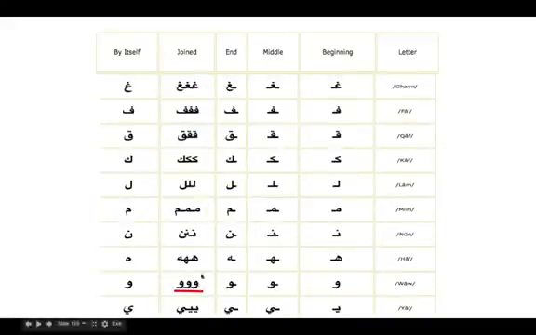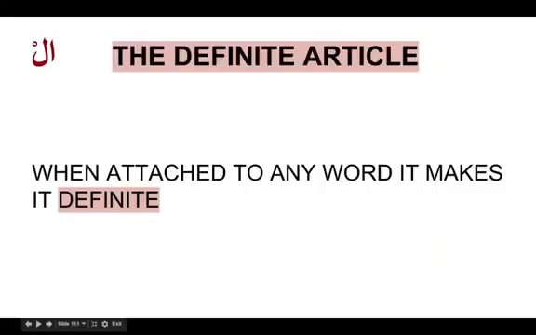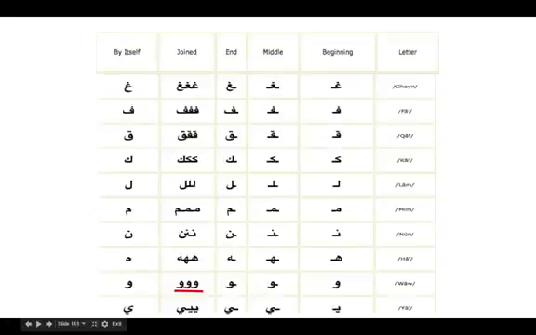So we got Waw here, which is written separately. So no letter can be joined after it. Before it, definitely letter can be joined, but not after it. So when these letters, like for example, we said naughty letters, and all these letters also behave a little bit